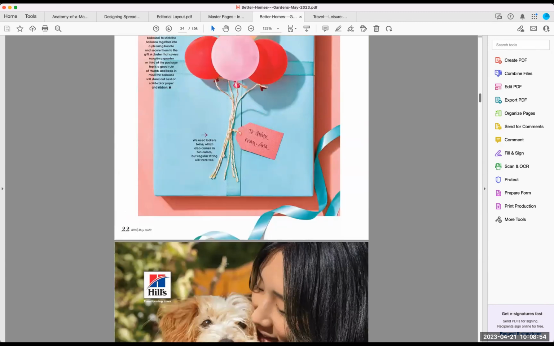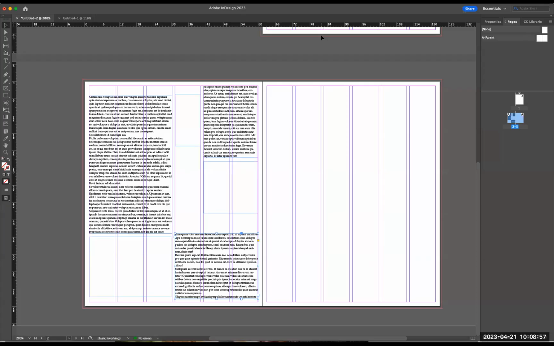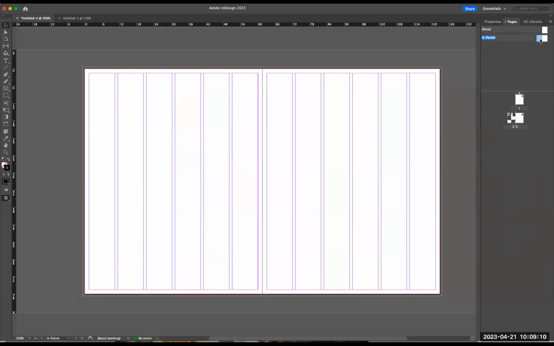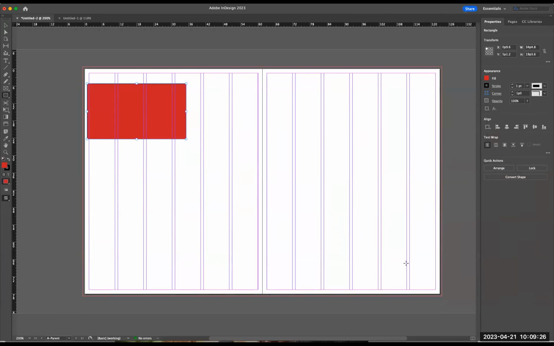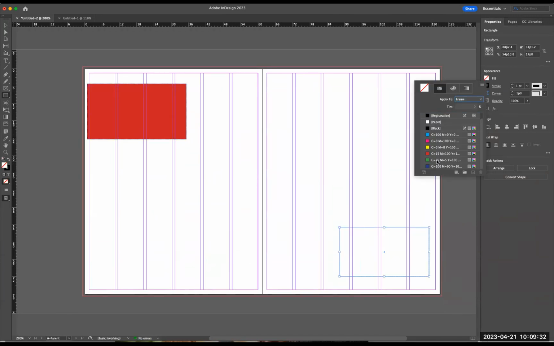Whatever you put on your master page is going to appear on every page of the document. So again, up here in the top part of your Pages panel is your master pages. If I double click on that, that's going to open up 2 blank pages in your document. So for example, if I put a square here and fill that with red, put another square over here